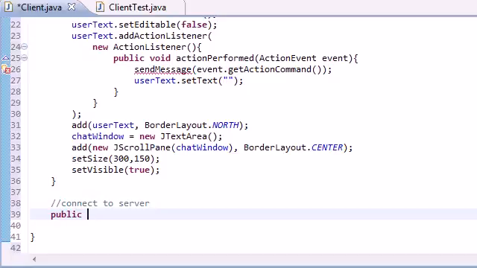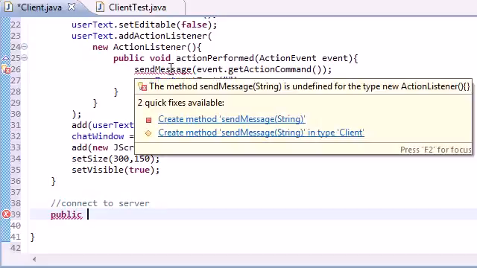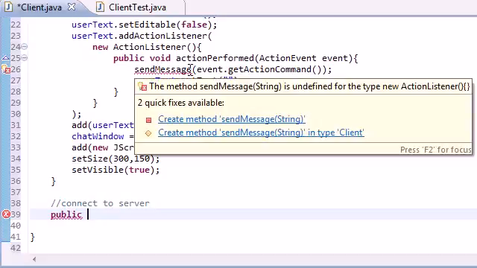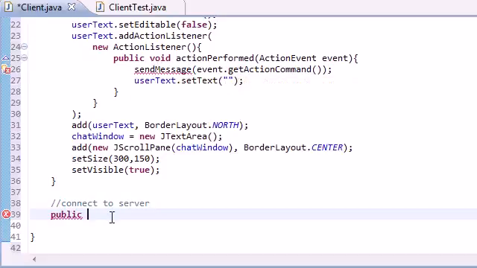And you know how I said that I was actually going to name things different, because whenever I make programs personally, I just don't like to have the same method names in this program and on the server program. But since it will probably be a little bit easier to understand, I'm just going to name everything the same. So I changed the send data to send message, because that's what I named it on the server side. So to connect to the server, what we need to do is code that